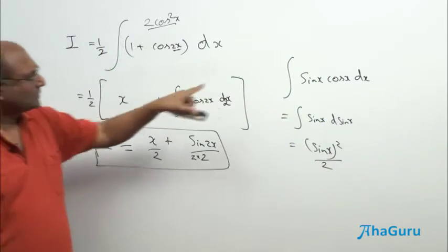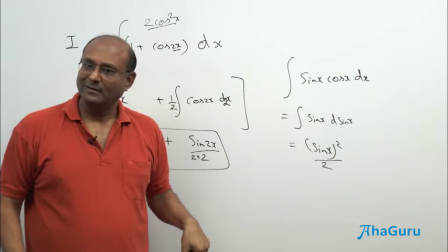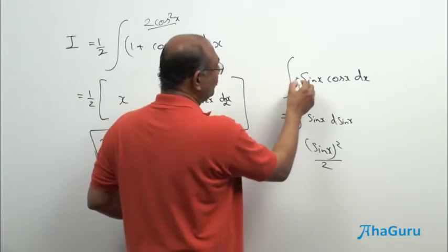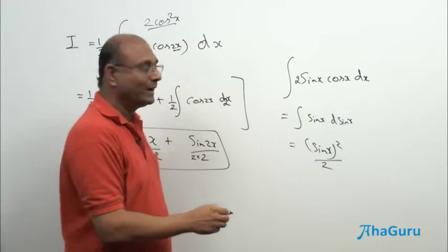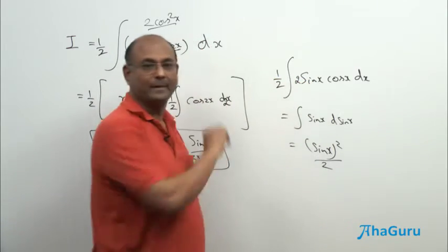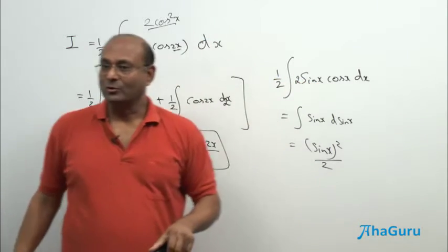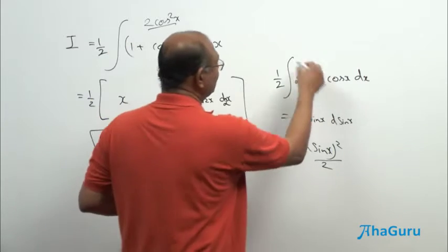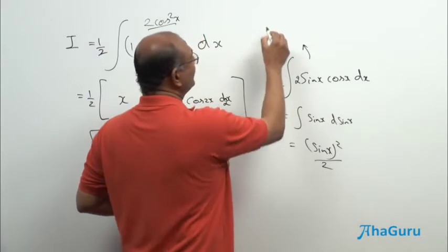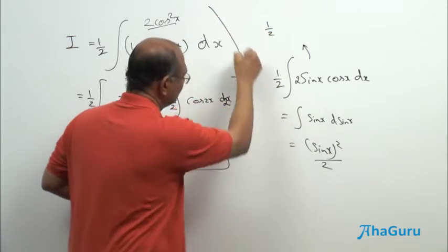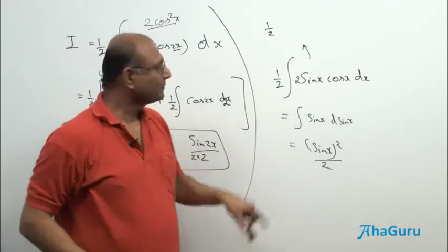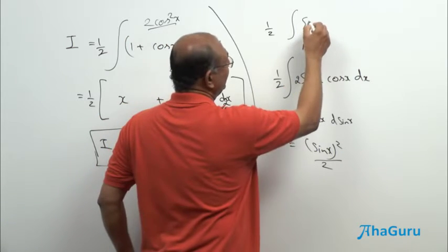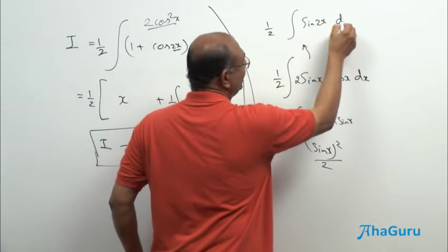But wait a minute, couldn't we have done that here? Yes, we could have. So let us think about that. Because all I have to do here is to multiply this by 2 and divide this by 2. Because you know a formula for 2 sin x cos x. What is that? Sin 2x. So I can replace this. So let me write the answer up there. So this is half, what is this? Sin 2x. So integral sin 2x dx.